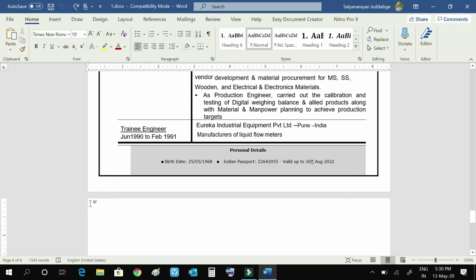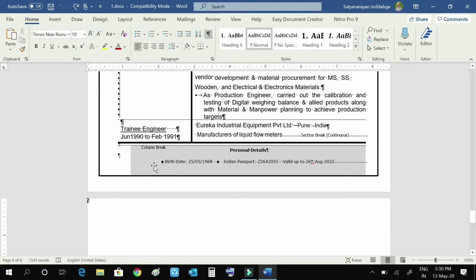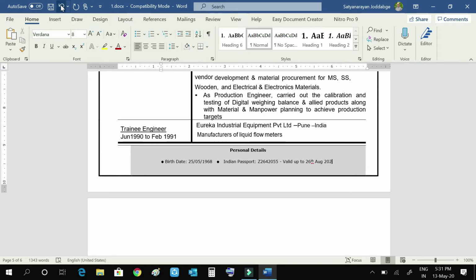Okay. In this case, some people use this tab. Let's press it and see what happens. It is showing a current column message, and if I go here and press backspace, no, it is not happening. Again it has gone here and nothing has happened. Okay, let me go back to my original page.